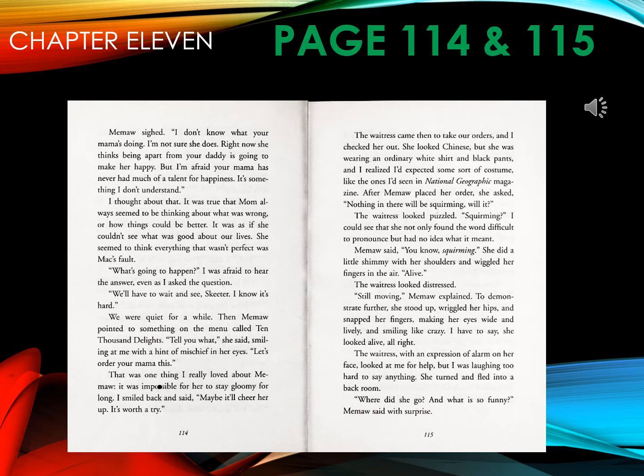I thought about that. It was true that Mom always seemed to be thinking about what was wrong or how things could be better. It was as if she couldn't see what was good about our lives. She seemed to think everything that wasn't perfect was Mac's fault. What's going to happen? I was afraid to hear the answer, even as I asked the question. "We'll have to wait and see, Skeeter. I know it's hard." We were quiet for a while,